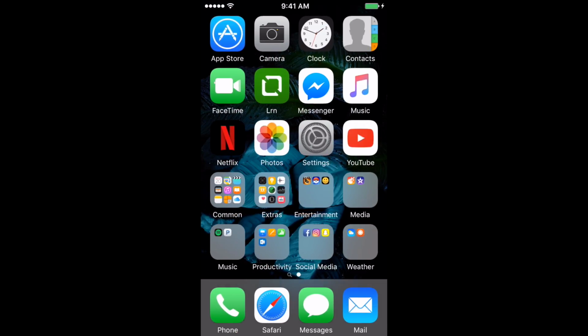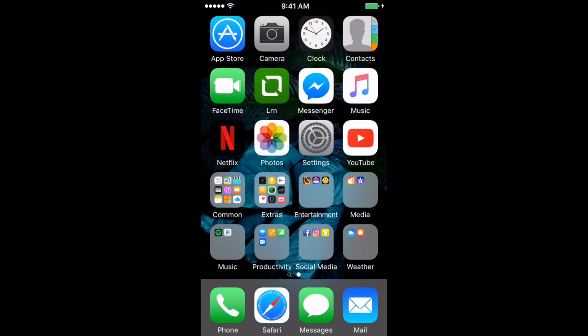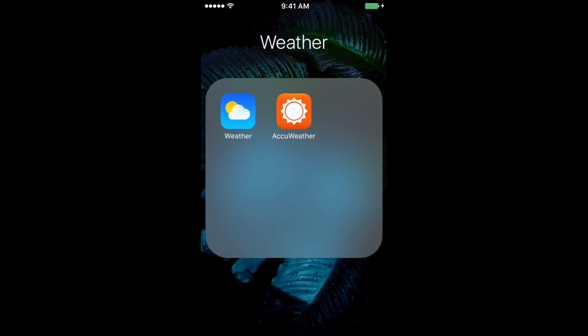And over here in the next folder, we've got social media: Facebook, Instagram, Snapchat, all the common social media applications. The only thing I'm missing is Twitter. That's because I don't really use it too often. I plan to be using it a little bit more often with the channel update and all that business, but for right now, that's all I use really. Then I've got the weather down here. Weather, this is the default